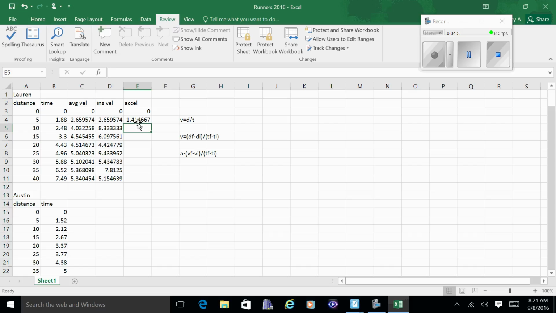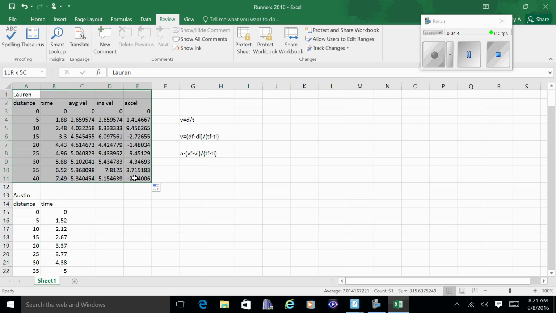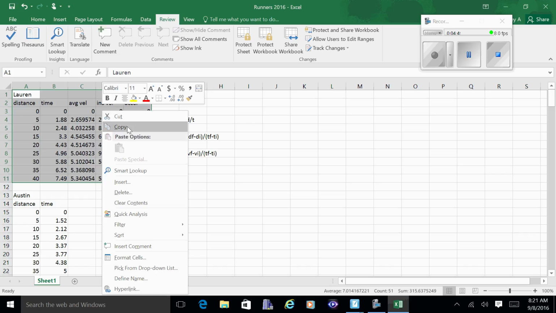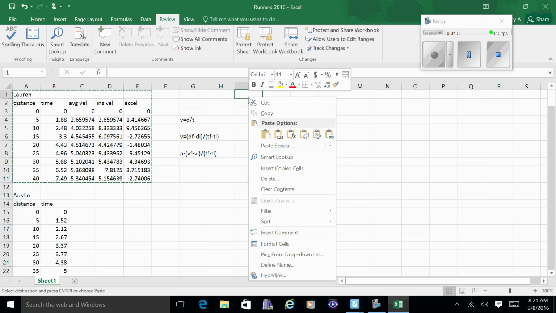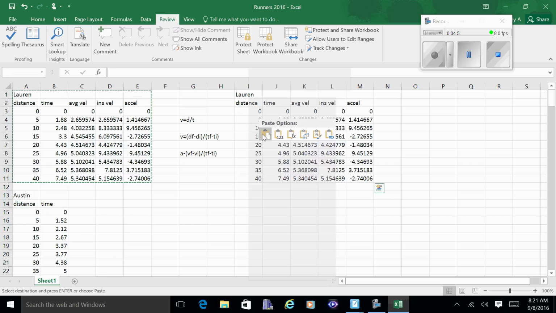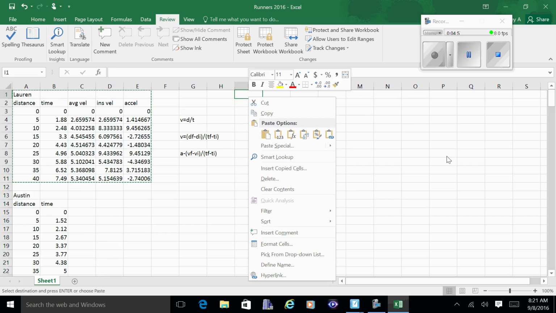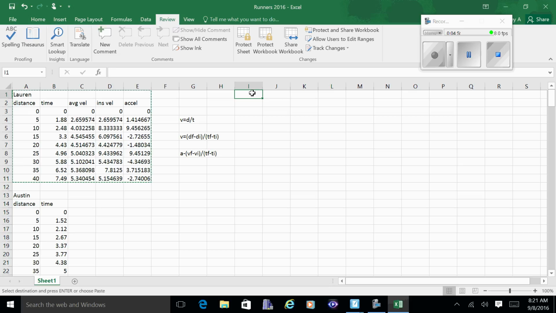Now, what's really nice about this is that if I want to do multiple people, I can select the whole chart. I'm going to right click. When you right click, this comes up, and you can copy it. I'm just going to paste it over here. When I right click again, it allows you to paste it. There you go. Instead of having to type in all the formulas and all that,